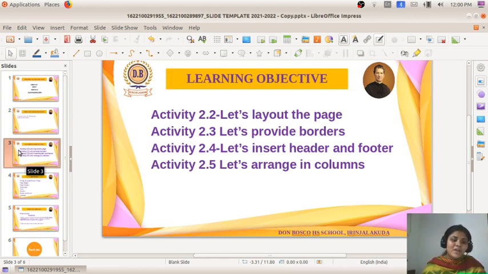Before that, the most common thing to keep in mind is that in this chapter we will be discussing how we can make a page more attractive, how we can set the page more attractive. So just have a look.